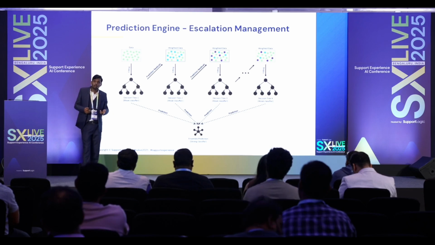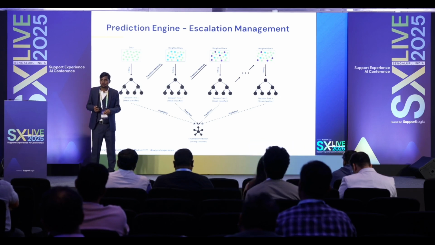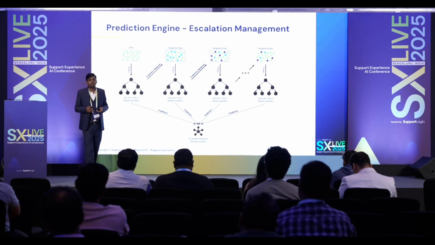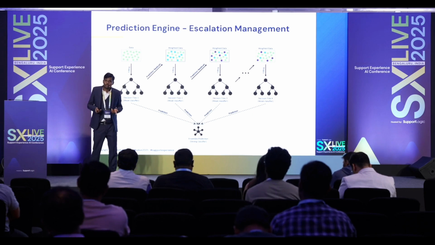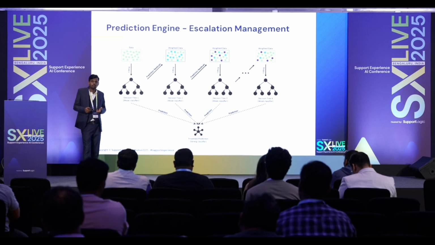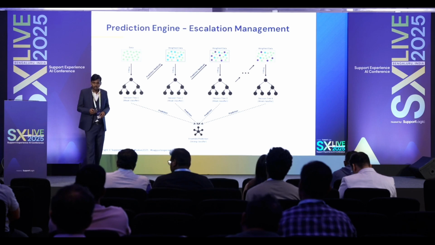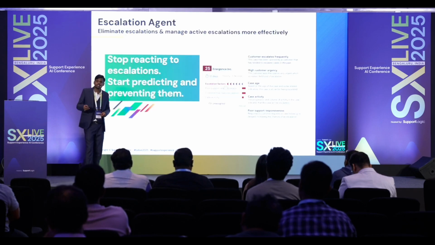The other point is that all the trees do not have the same information available. Just as an example, the first tree might be utilizing two to three features: is there an escalation, how was the case started, what were the skills involved in the case. The other trees might or might not be using them. That's where each decision tree tries to gain more and more information, and each information gain results in the escalation prediction. So now this prediction engine results in the escalation agent,